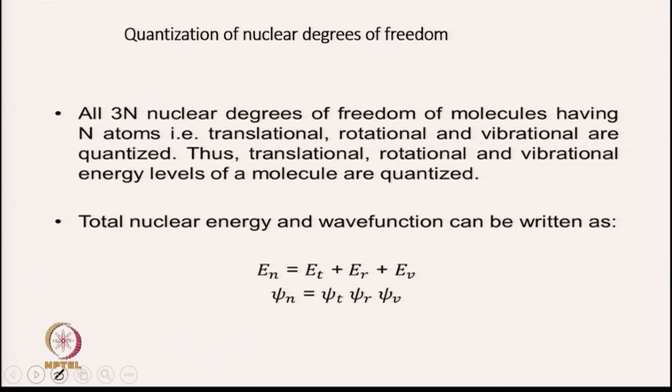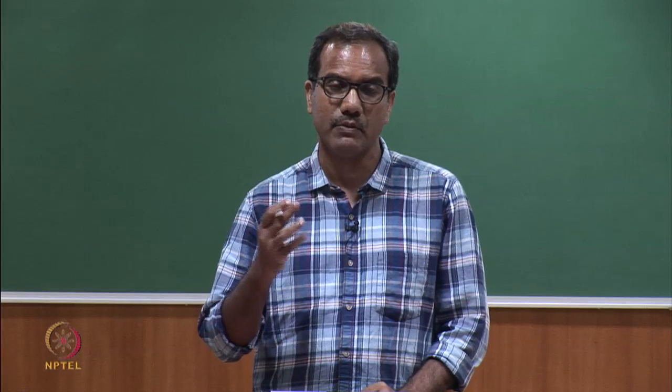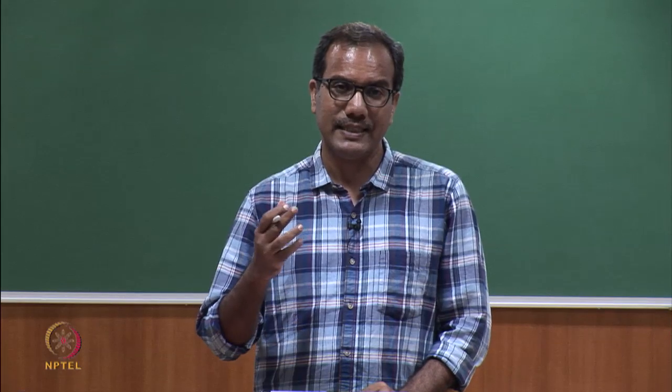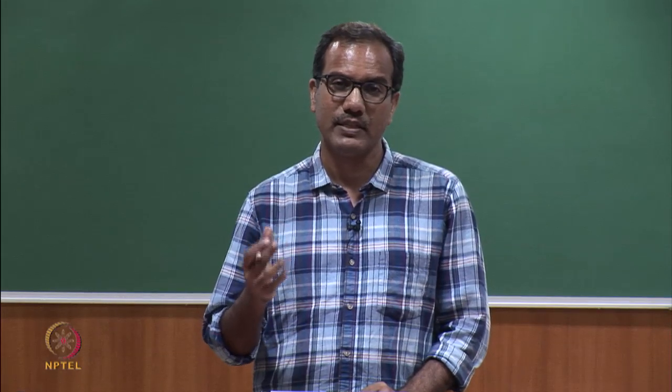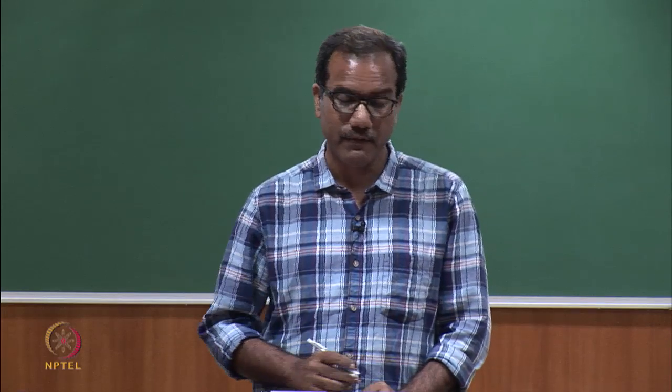In a similar way, as we have done for nuclei and electrons, even the nuclear energy can be divided into three different parts. So, E n is equal to E t plus E r plus E v. The nuclear wave function is given by the translational wave function multiplied by the wave function due to rotation and the wave function due to vibration. So, they are quantized. These are simple rules which are very useful in simplification of the Schrodinger equation, and they are used to simplify the equation and get the energy levels